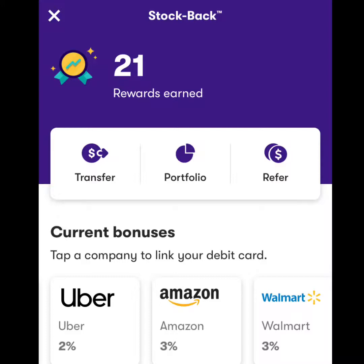And what's interesting about the debit card with Stash, and what ultimately made me get it, because I really wasn't interested in getting another debit card, is that when I saw they offered stock back, that really got me interested. So you can see here that you can get 2% stock back in Uber, 3% back in Amazon, and 3% back in Walmart. So if you were to get $100 of groceries at Walmart, you would get $3 back in the Walmart stock,